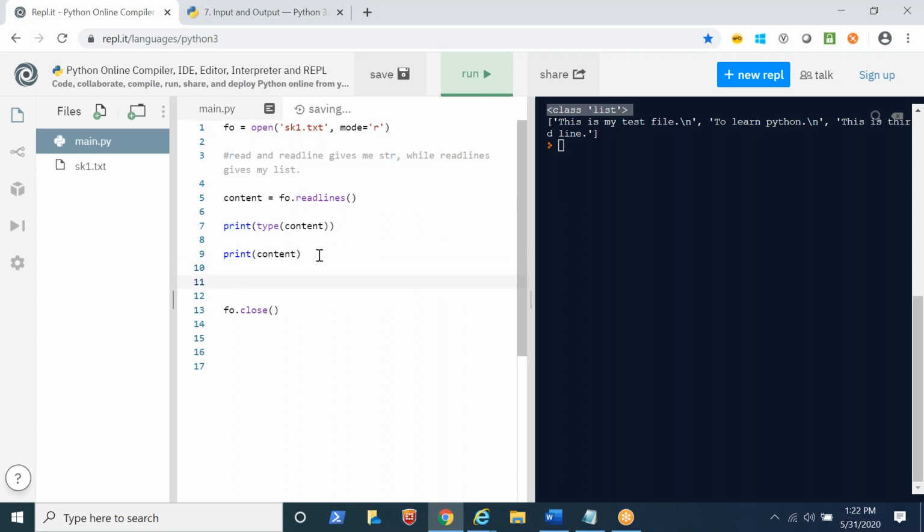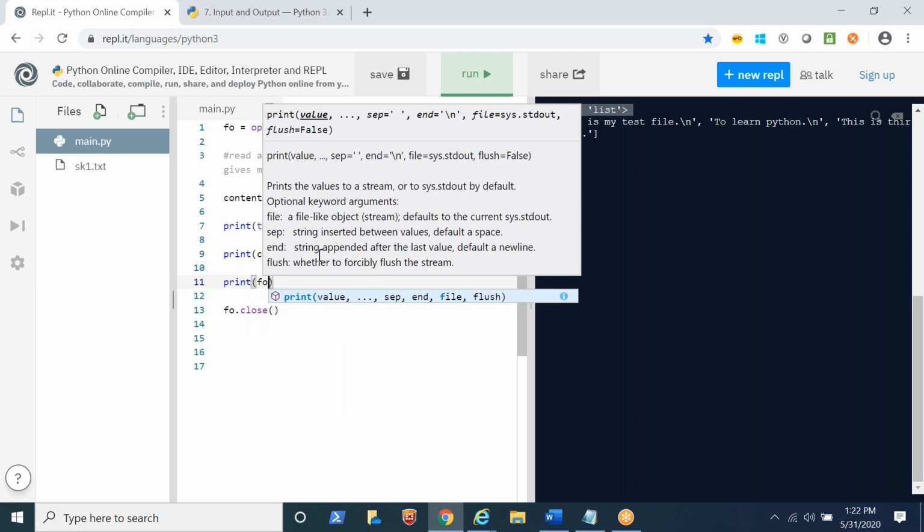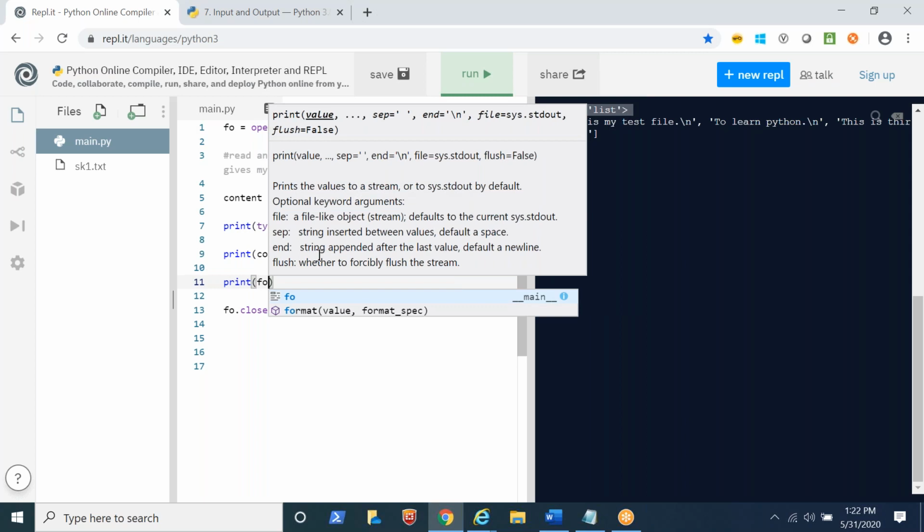I can do print. It has one method, fo. Whatever I do with the file, I have to do on the fo object, because that file is kind of contained in that object. And now using that object, I can do whatever I want. Okay, fo dot